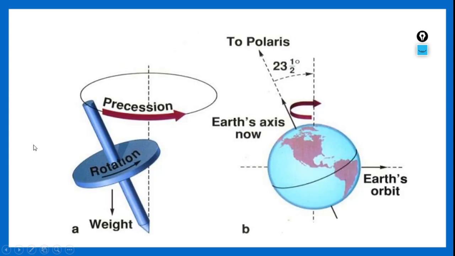If you observe here, while the earth is rotating around its own axis, it also precesses in a circular manner. So its axis of rotation also moves in a circular path. Earth's axis now is in this position, let us say. This is the Earth's orbit, so the Earth is revolving around the Sun, and it is also precessing about its axis, that is with 23.5 degrees. If you see here,